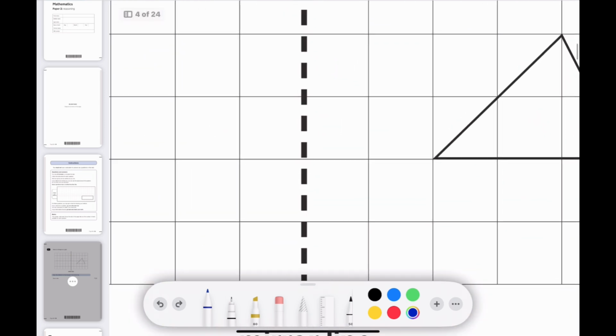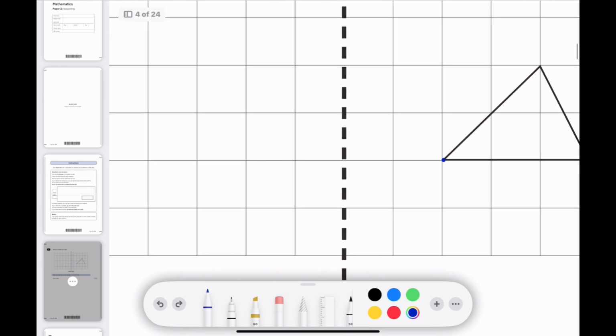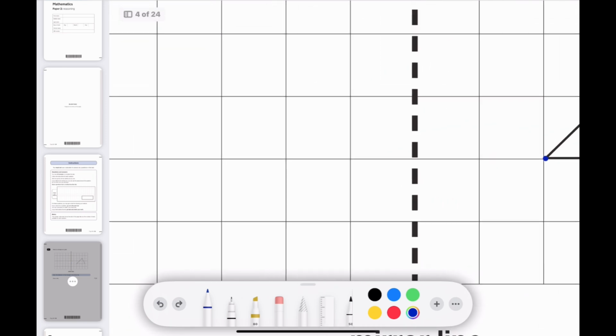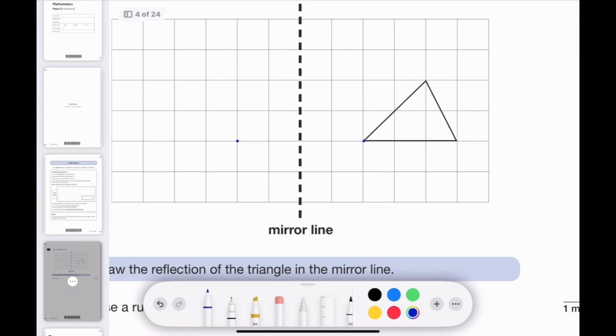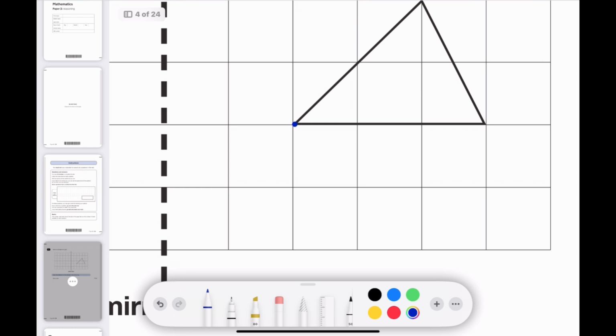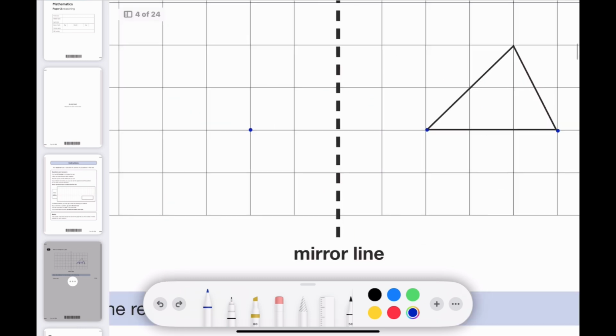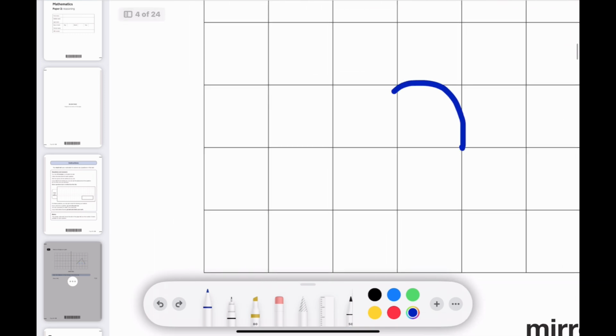So first we need to work out how many squares away this point is from the mirror line. 1, 2. This point is 2 squares away from the mirror line. So we will do 1, 2. So our point will be here, 2 squares away from the mirror line. This point is 1, 2, 3 squares away from this point, so we'll do the same here. We will draw a point here,